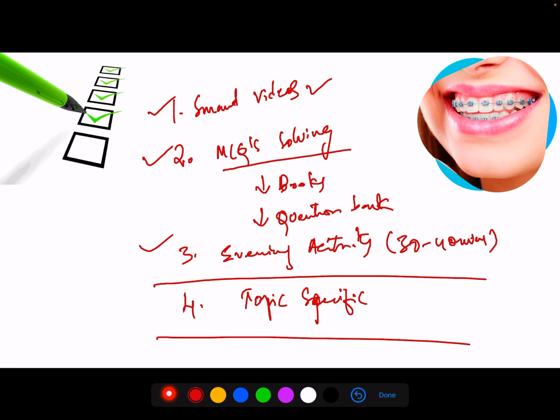These are the four things which are mandatory for anyone, whether it's a repeater, intern, housewife, mother, or clinician, wherever you're from. You're part of Conquer. I want to make sure you check out all these four things on ortho. So this is the mandatory checklist that you have to do.